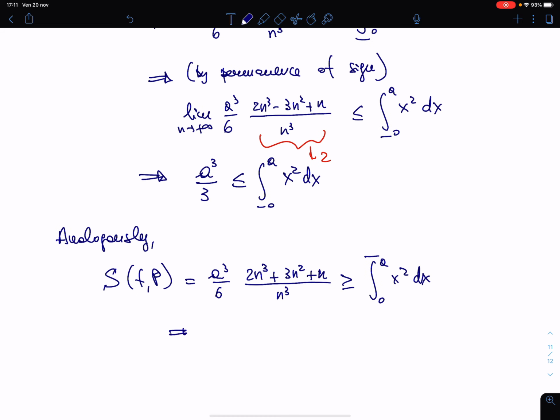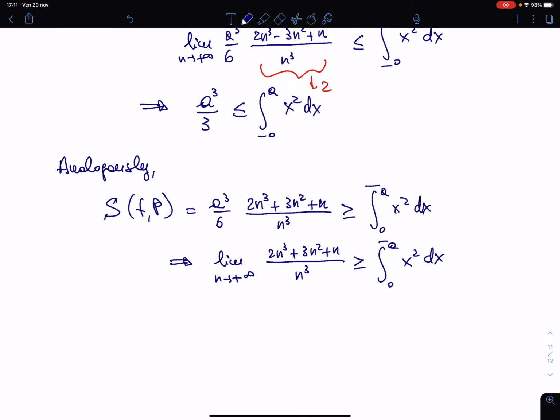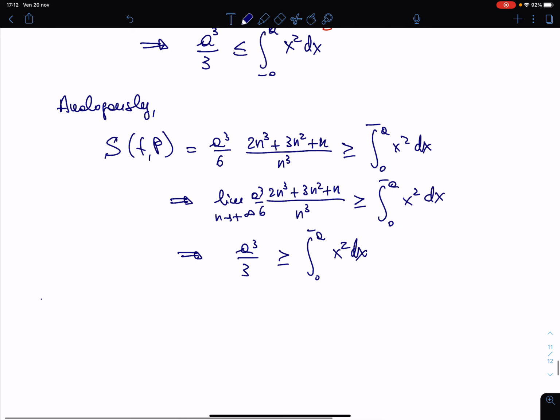So, again, the limit for n going to plus infinity of 2n cubed plus 3n squared plus n divided by n cubed is larger or equal than the integral from 0 to a of x squared dx. So again, this is a cube over 6 here. So again, this is a cube over 3. It's larger or equal than the upper integral. Therefore, putting all together,